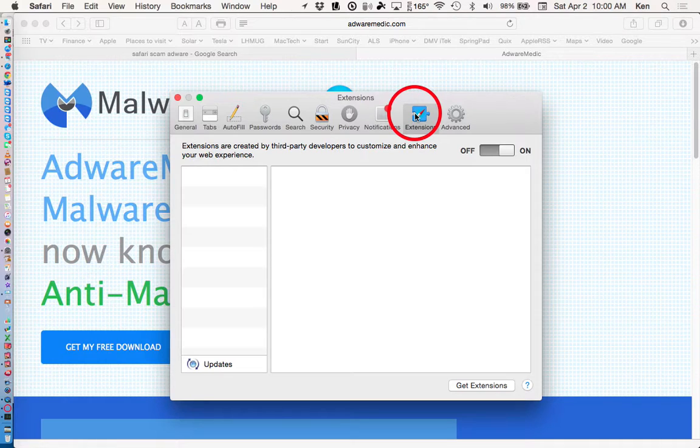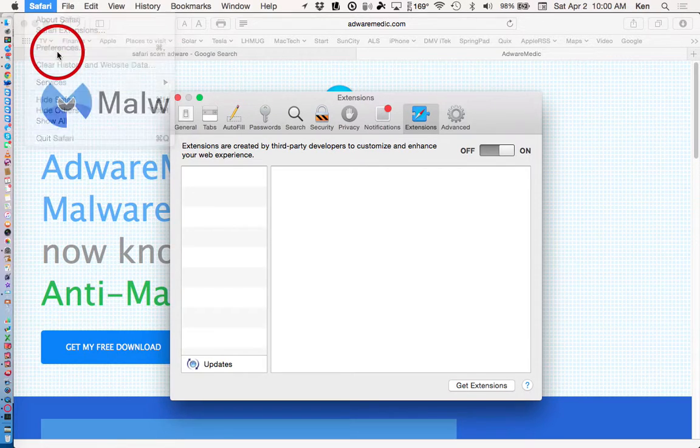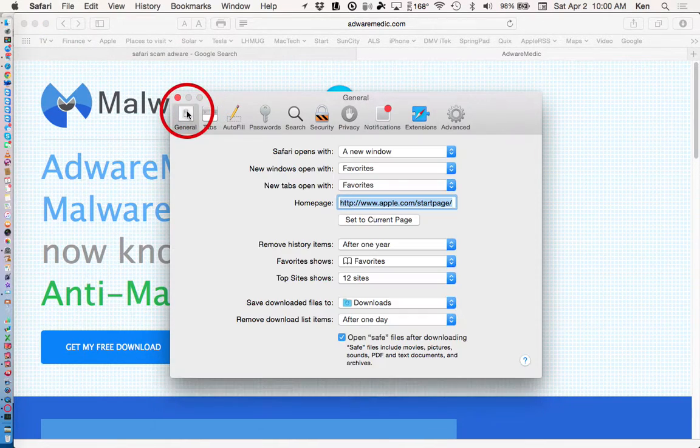But if you have something in extensions, do a screenshot of the screen, or not call me, but email me and say, well, what is this? Do I need it? And you don't need most extensions at all. Okay, again, like I said, 1Password would be the exception. We're going to go through the preference bar here. So this is up at Safari. We come down to Preferences. So if we go to the General tab,